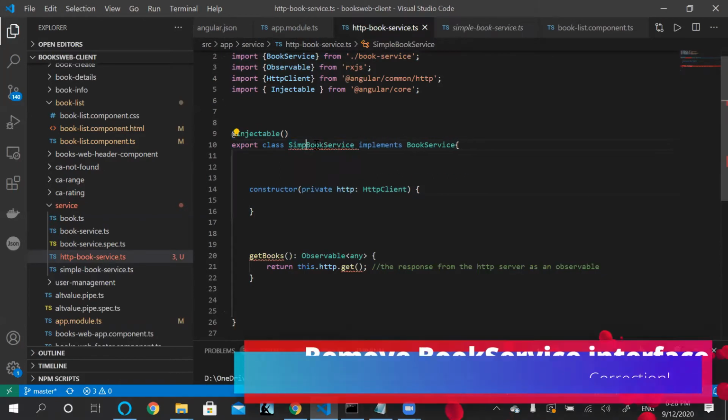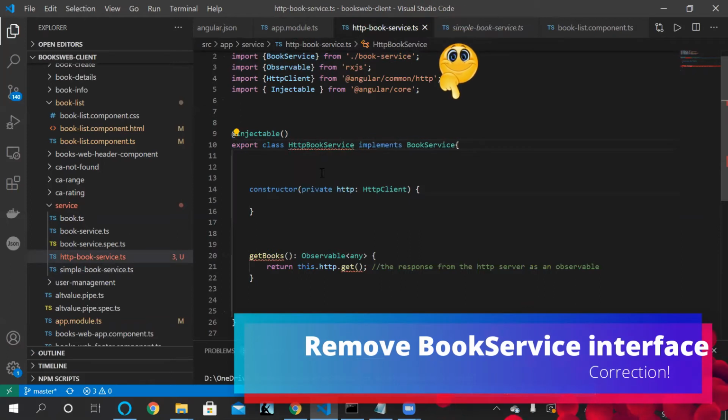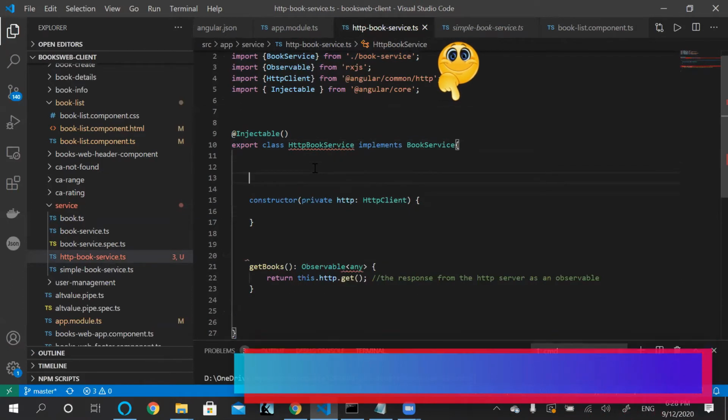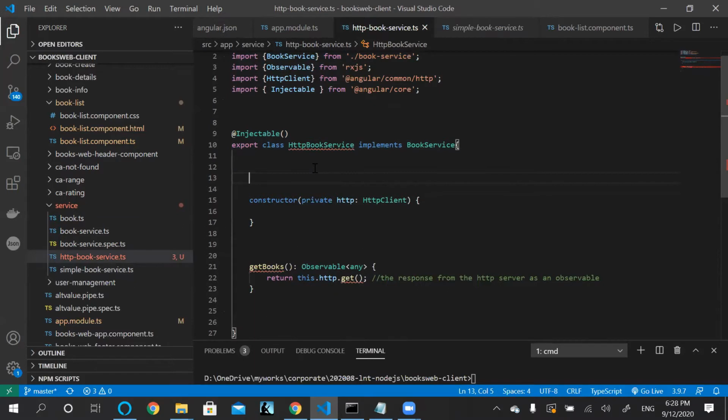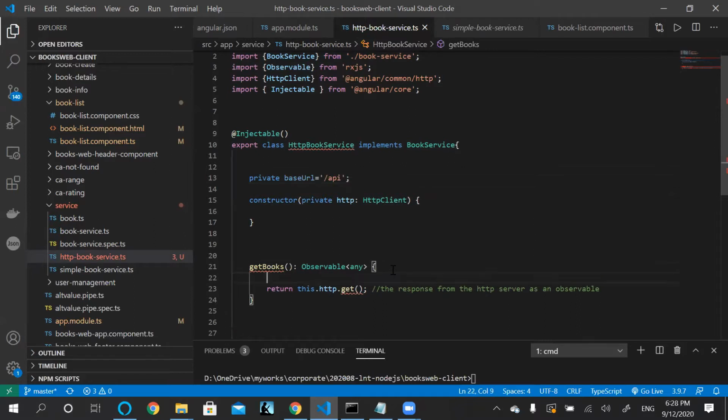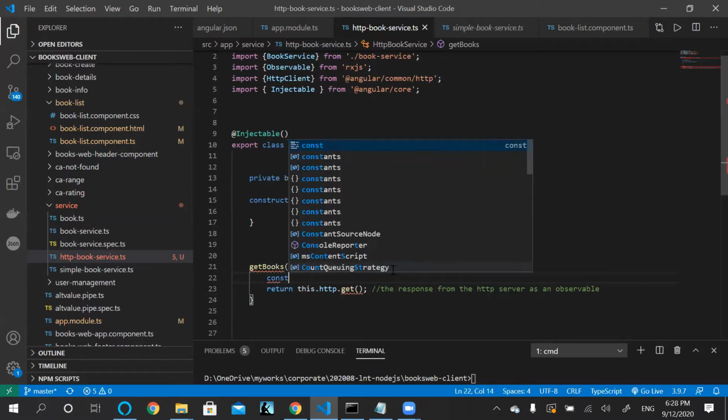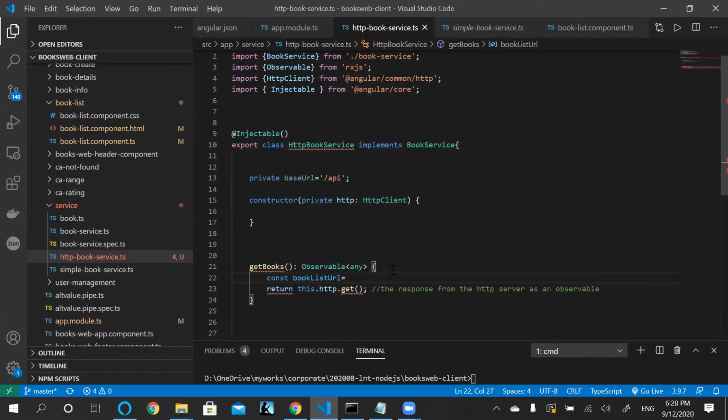Of course, I want to call it HttpBookService. Here we will be needing a base URL, so I can simply give a base URL as /api, and we are going to make a request for the book list URL, so I can mark bookListUrl as baseUrl/books.json.